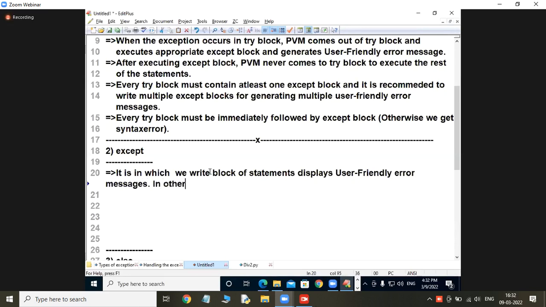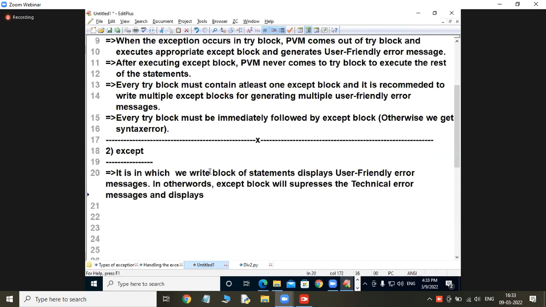In other words, the except block suppresses the technical error messages and displays what messages? User friendly error messages.